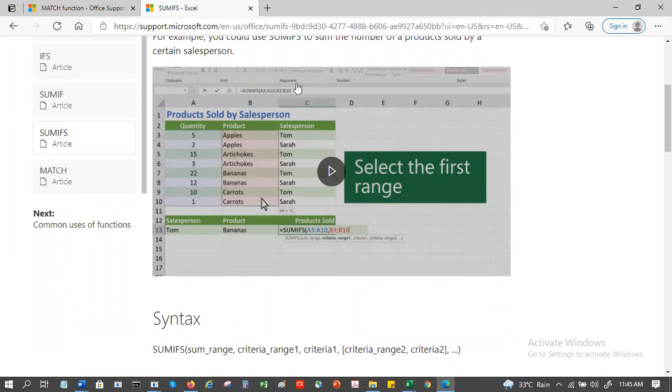In this case, they are looking up products sold: salesperson, the product and the quantity. The sum range is A3 to A10, the quantity, and the criteria range is B3 to B10, the product.